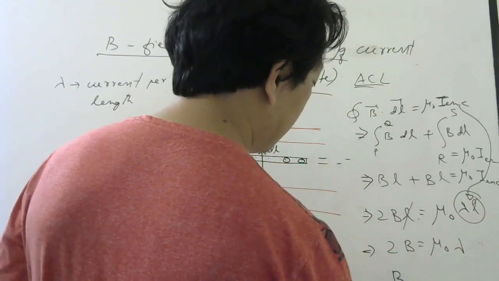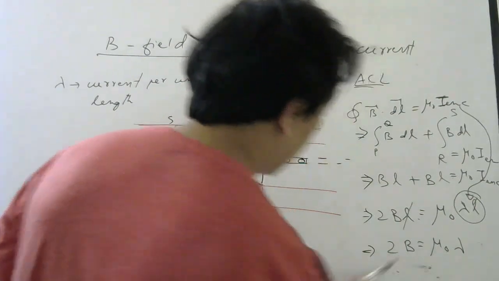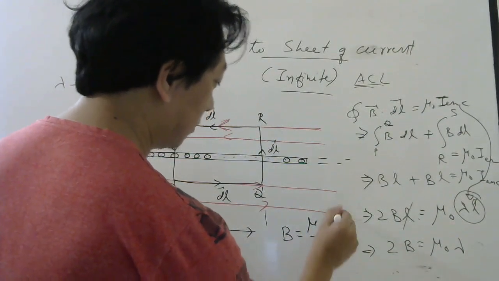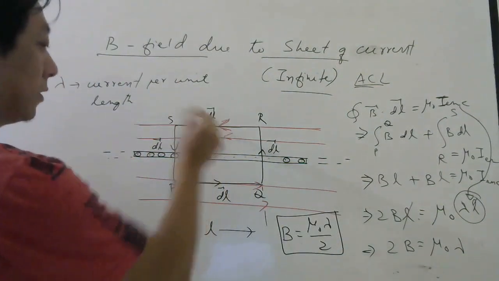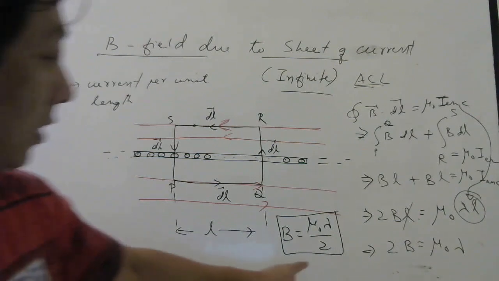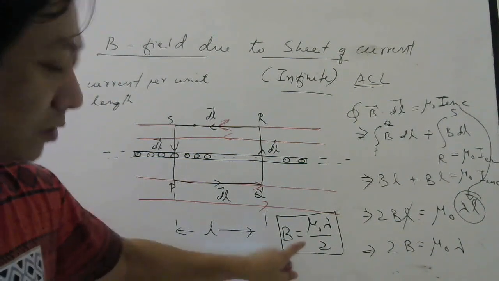So B will be mu naught lambda by 2. This is the magnetic field at a point due to a sheet of current. You can see it is a uniform magnetic field, just like for a solenoid, it is a uniform magnetic